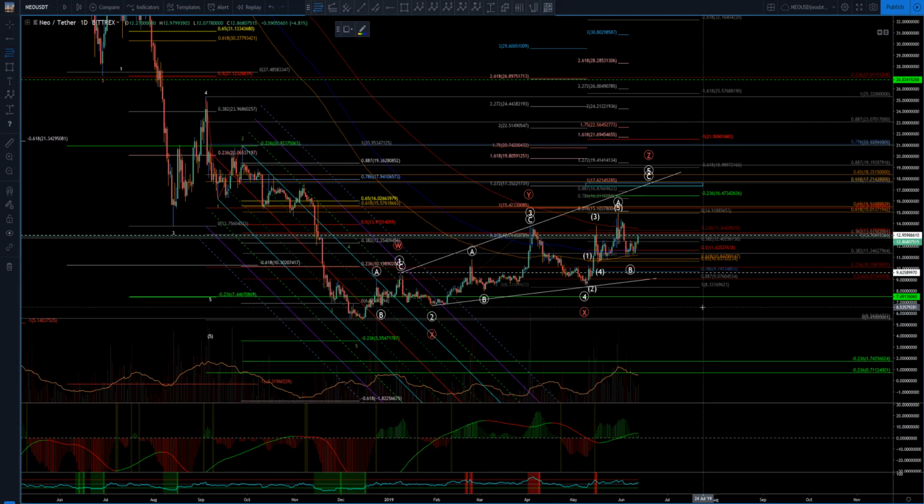If you think Bitcoin is bullish, then Neo is likely to be bullish. If you think Litecoin or Ethereum or crypto has bottomed out, then this is likely to be a leading diag